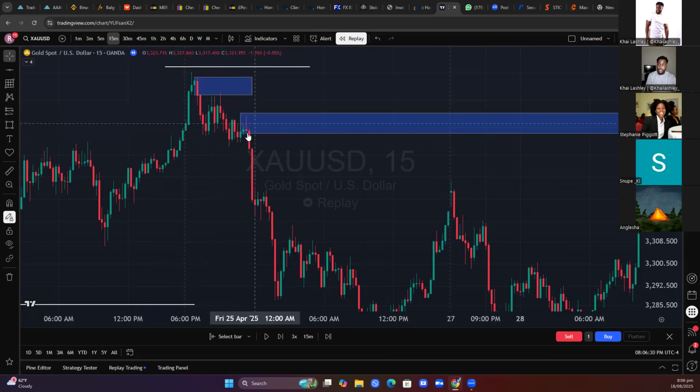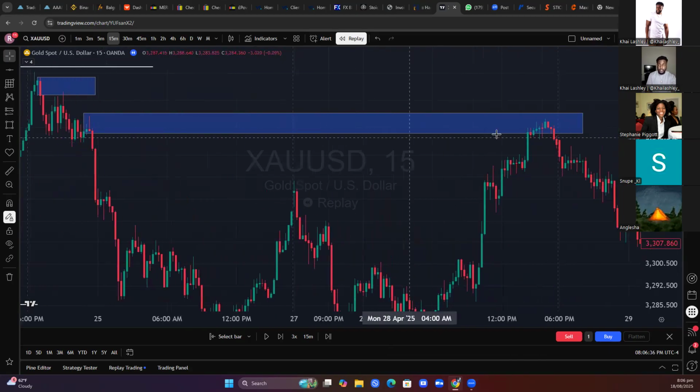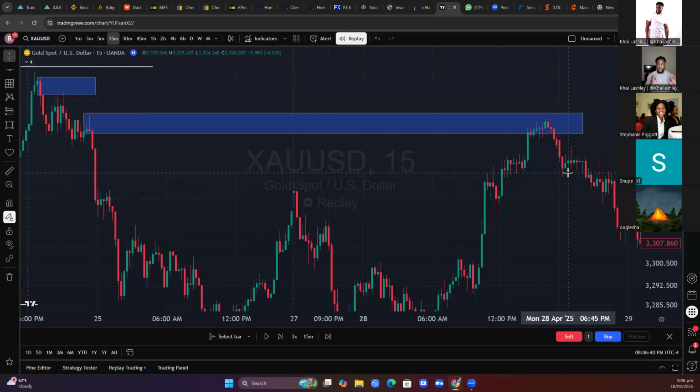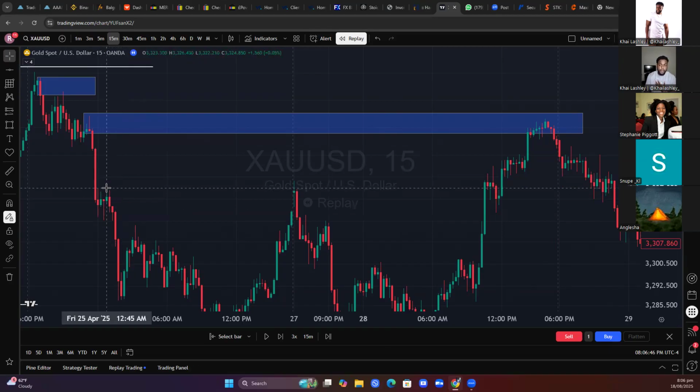Market pushes down, you're waiting for price to come back up into that area. Price comes back into that area, bam, you can execute. You seeing what I'm saying? Right here, you got another one, yes. But remember what I said, imbalance left behind. The imbalance left behind. So if, for example, you took this